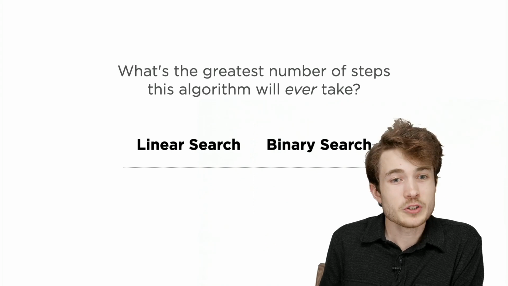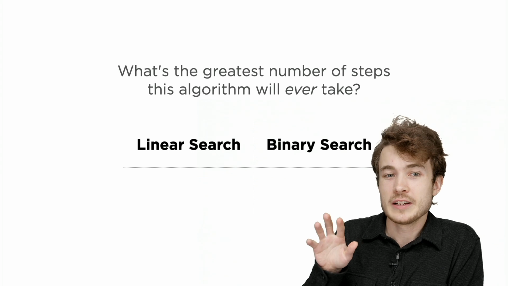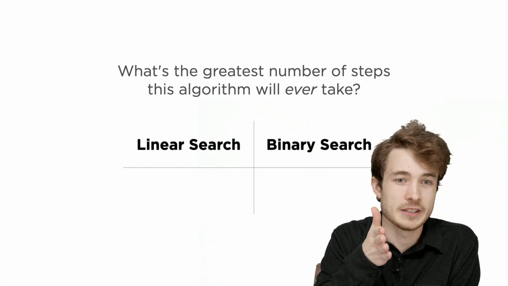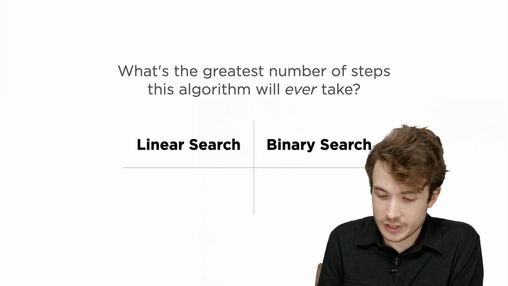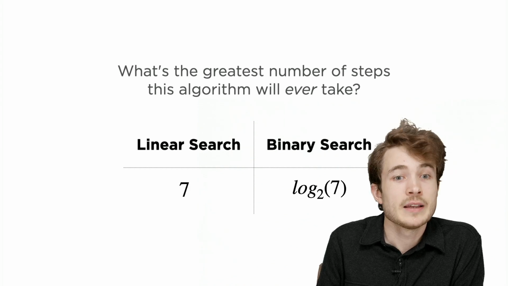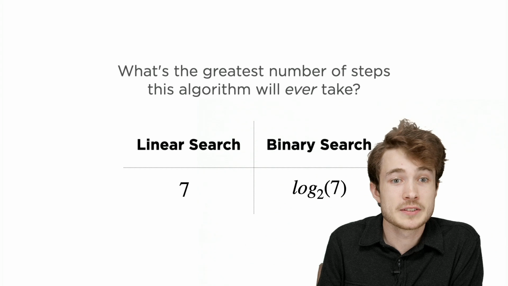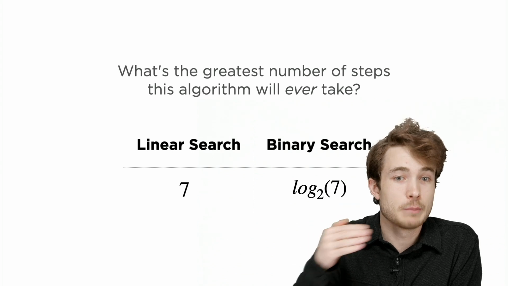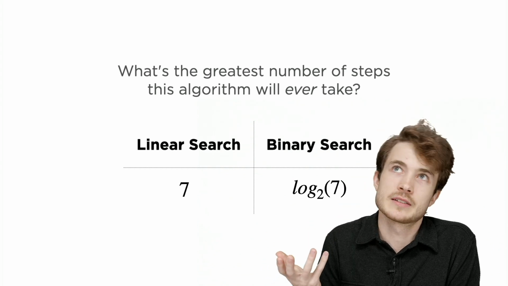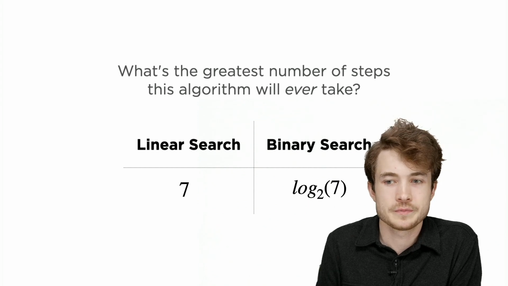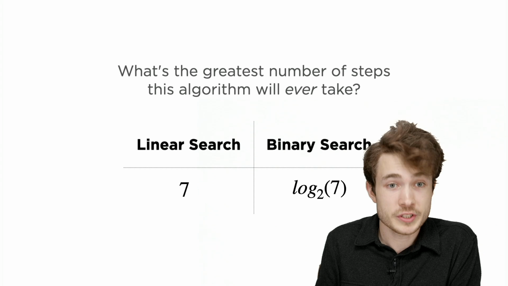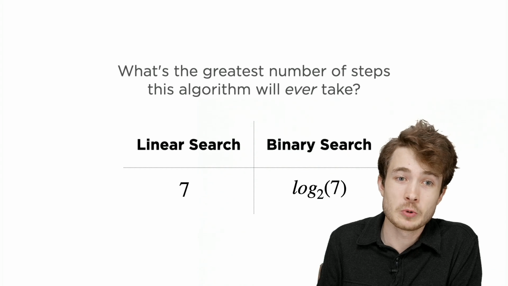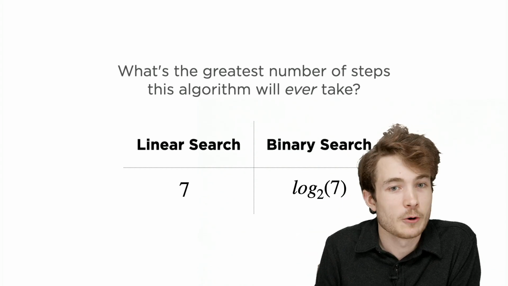I'm seeing n over 2, or like dividing it in half, and you're almost there. It in fact is a logarithm. So a logarithm allows us to take something and divide it in half again, and divide it in half again. So it's more appropriate here to say that linear search takes about 7 steps, and binary search for this particular input of 7 people takes log base 2 of 7, which basically means however many times we can divide 7 by 2, which turns out to be something like 3 or so steps. So in the worst case, linear search takes 7 steps. In the worst case, binary search takes far fewer, and therefore might be a better algorithm.